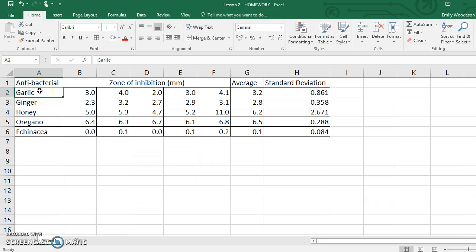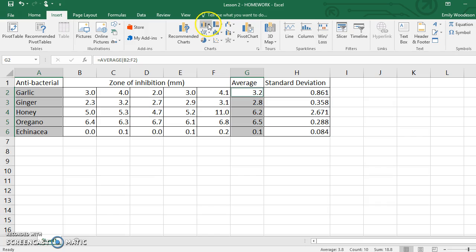So what I'm going to do is select my 5 versions of my independent variable. Then I'm going to hit my control button on a Windows computer or the command button on a Mac, and then I'm going to select the average. Hitting the control or command button in between the 2 allows you to select 2 columns that aren't next to each other. Then I'm going to go to Insert